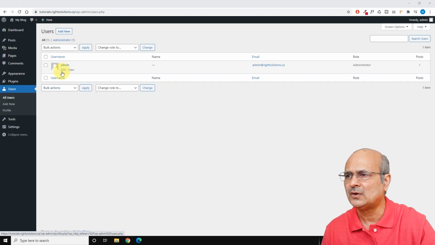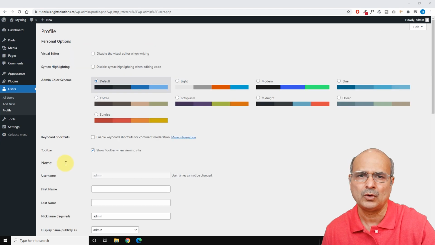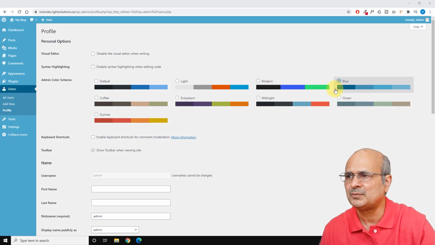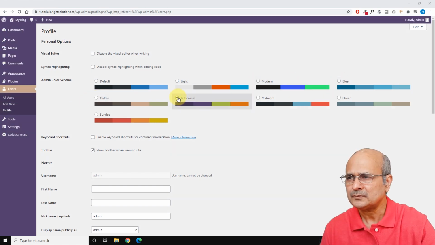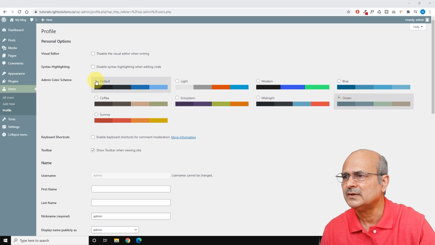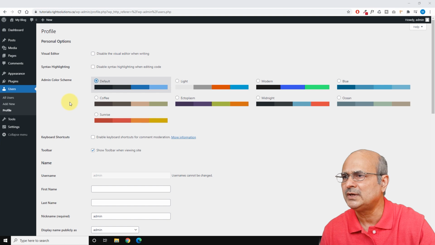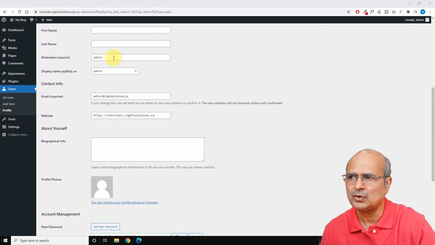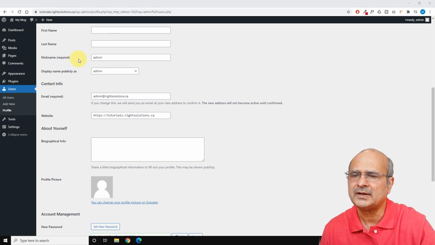If you click on Edit here, it will open up the control panel for this user's preferences. You can see this display color scheme. We'll go back to the default, I mean, I like working with this regular one. Let's go down here, and you can see the nickname, which is a required field. We have admin, so you can change this name to anything you want, but it is required,